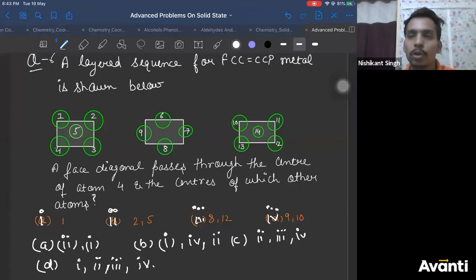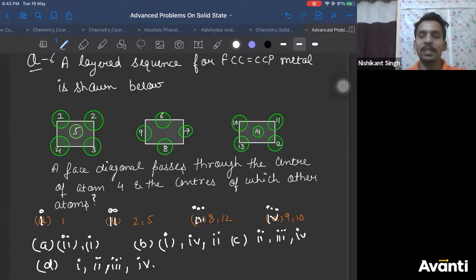This is a very good question, easy question, requires a little bit of imagination. Tomorrow I'll take one very good question, which requires imagination plus calculation both. Not calculation, drawing. Right. So think carefully and answer.